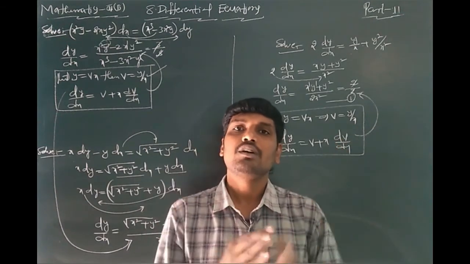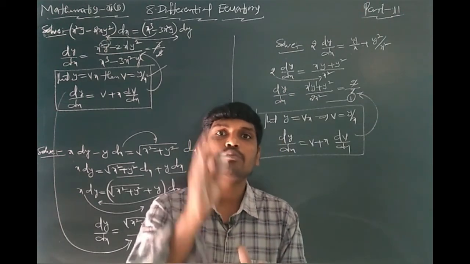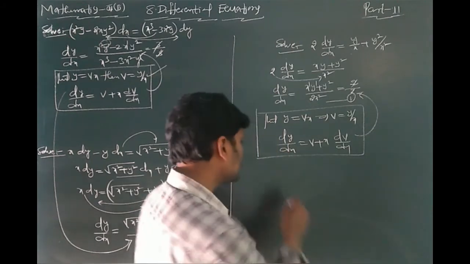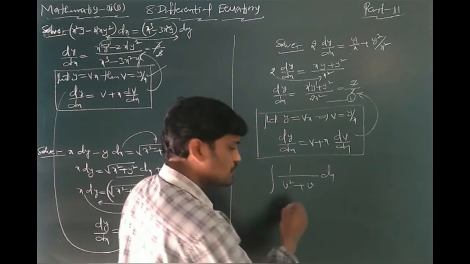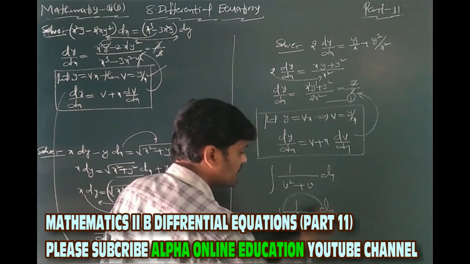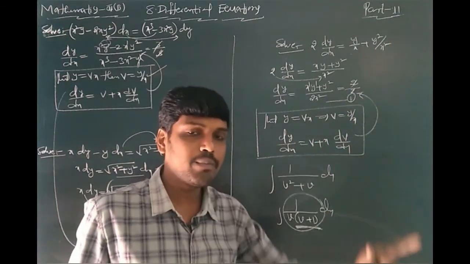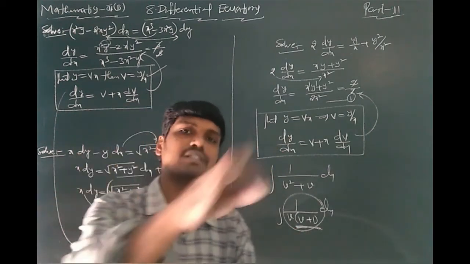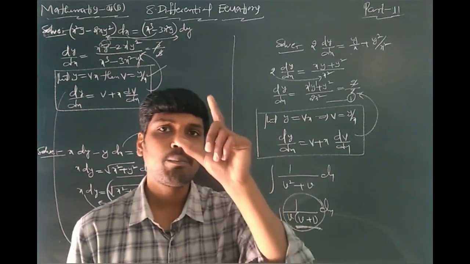You can use this and solve totally. Sometimes the variable separable method is used to separate, and sometimes you can use partial fractions. That is also very important. Sometimes, suppose integral of 1 by v square plus v is there. This one can be written as 1 by v into v plus 1. Understood or not? After that, this can be separated by partial fractions: a by v plus b by v plus 1. After that, you can find the a, b values by substituting in this equation. After that, integration. Some problems use partial fractions. See students, that is a problem-based equation.